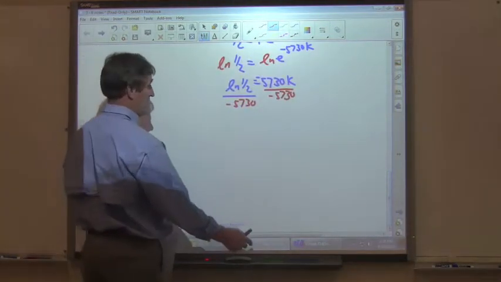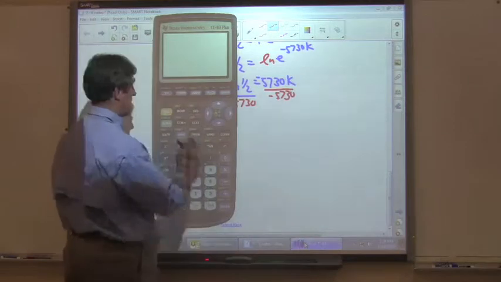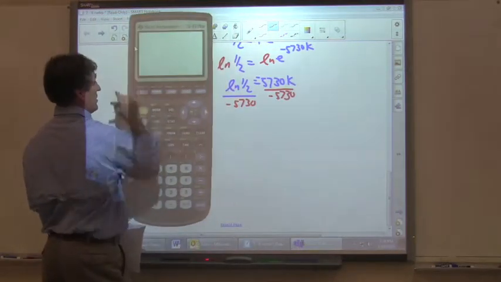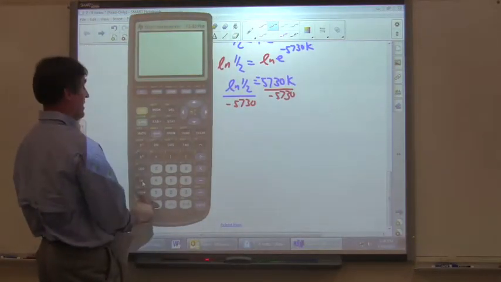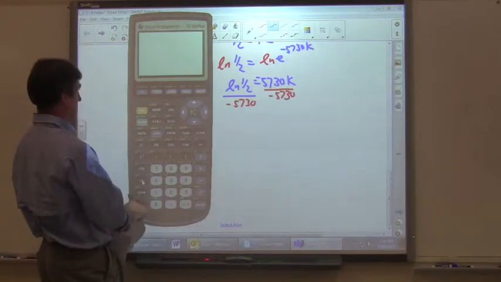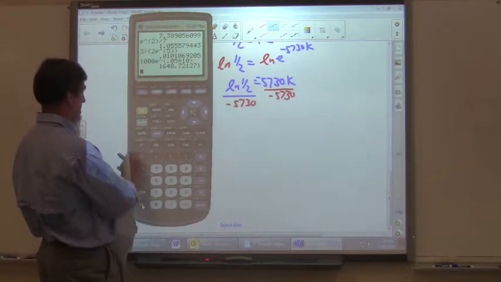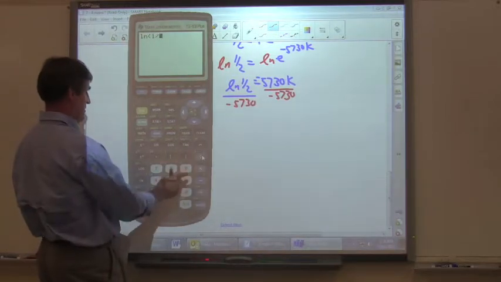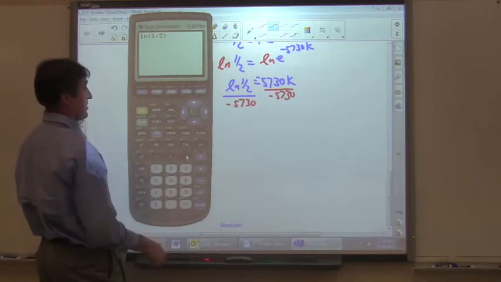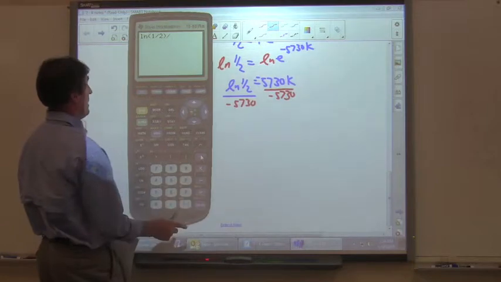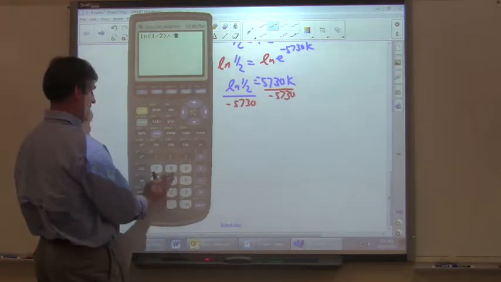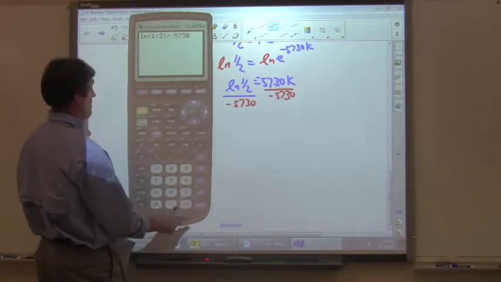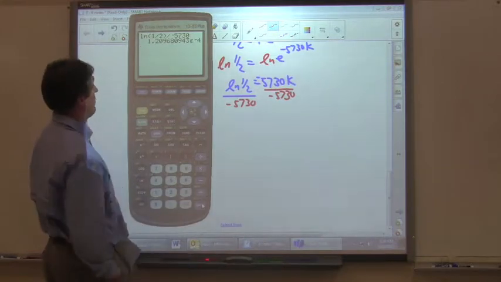And we can now go to the calculator. So ln 1 divided by 2, you could put 0.5 also, divided by negative 5,730, and we get